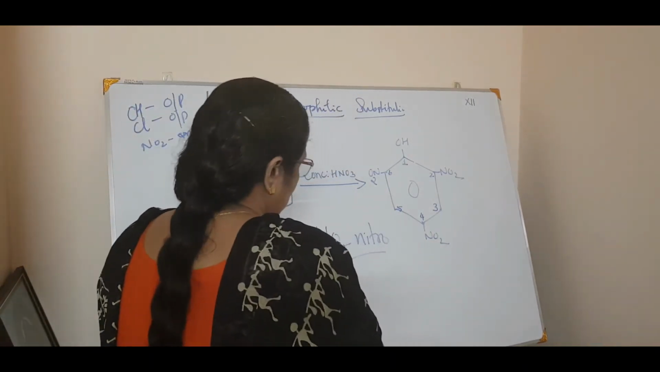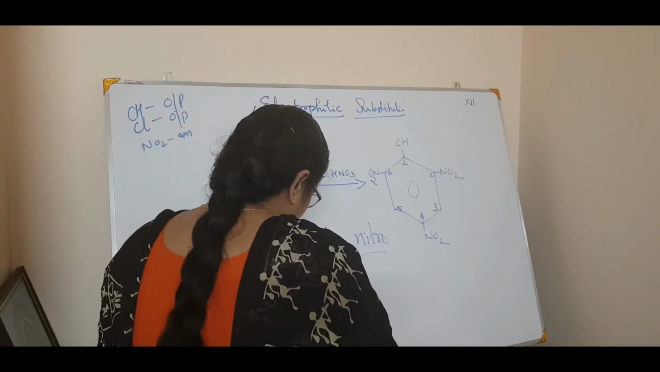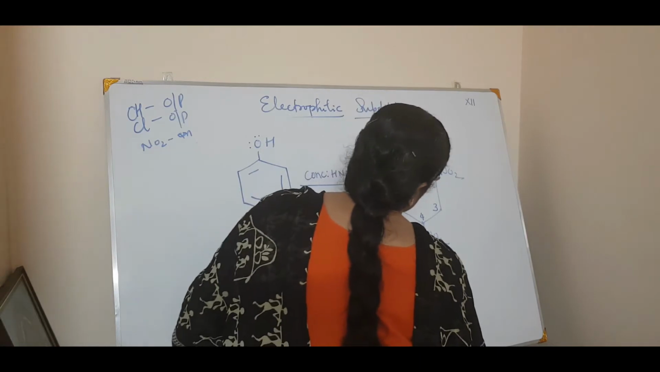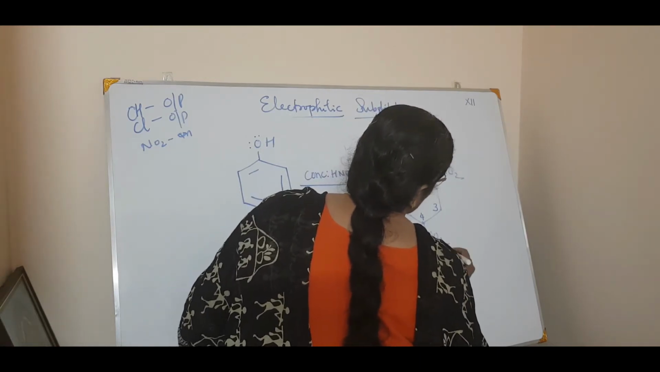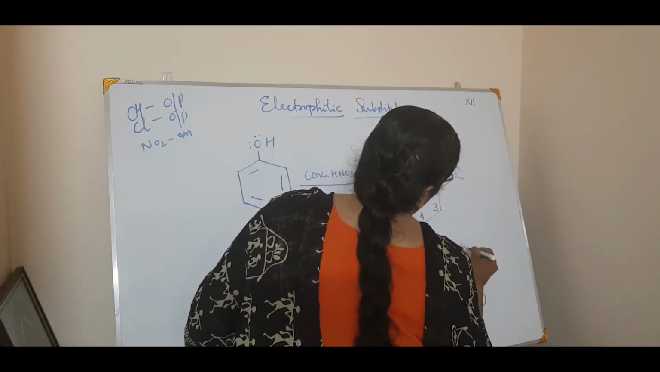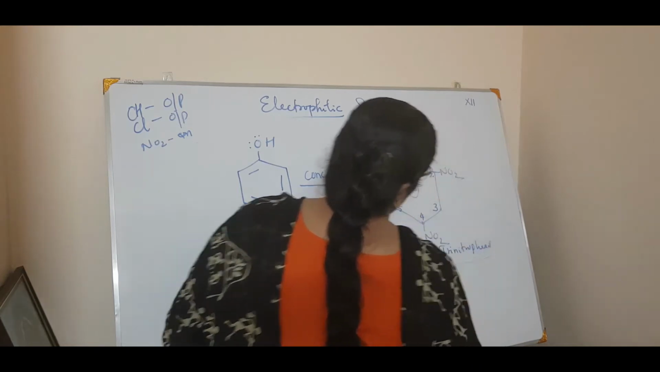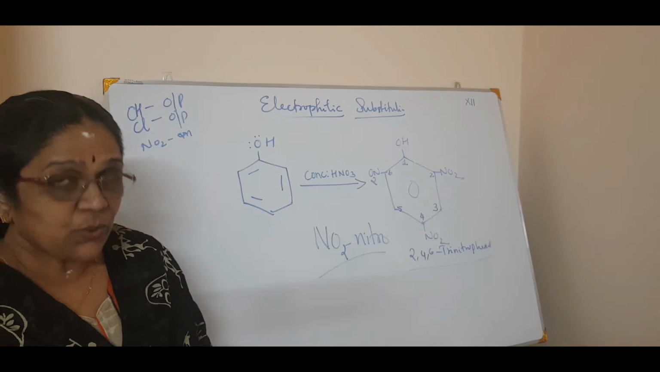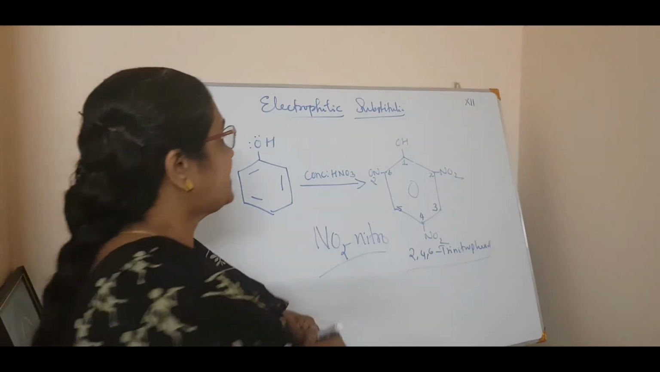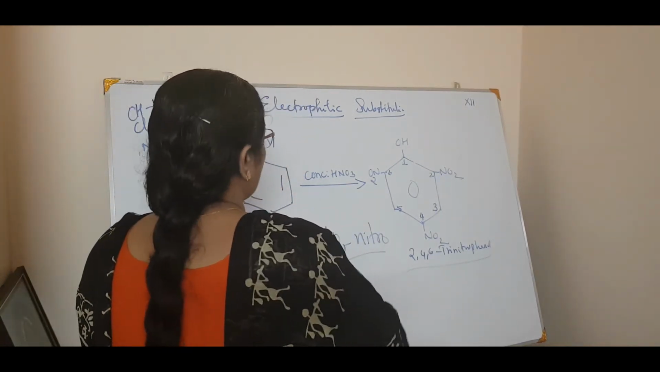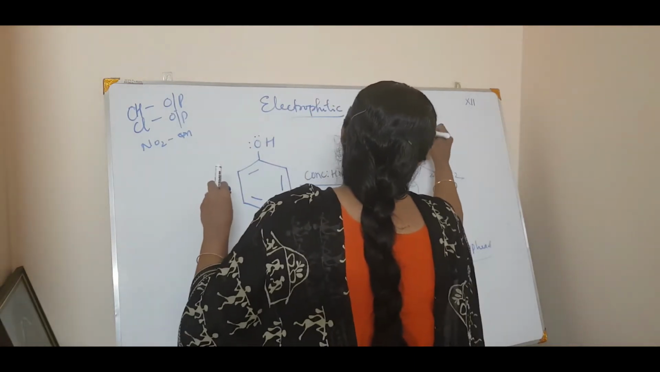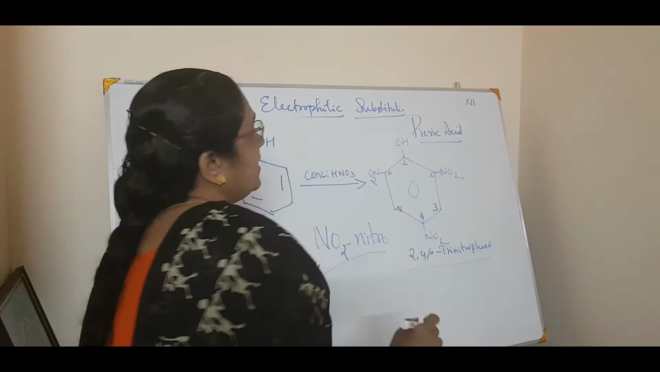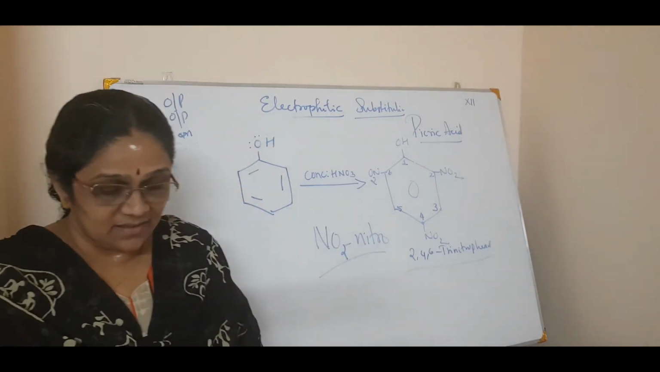You have to write below this, 2,4,6 trinitrophenol. Okay. Now this has got a common name. This is called picric acid. What is it? Picric acid. Okay. This is the only acid